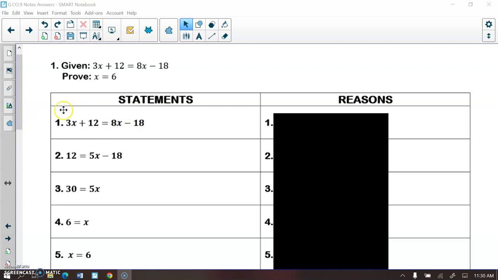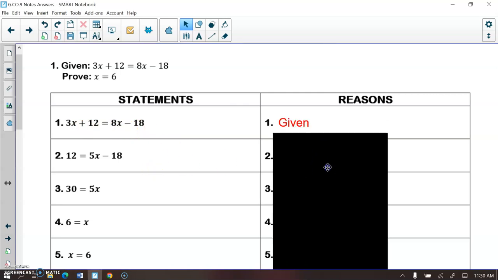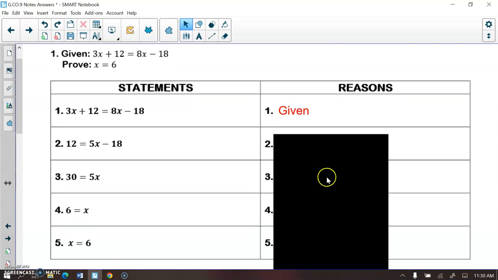Step 1 in a proof is always your given. So this is exactly what was given to us. This is our very starting point, and our reasoning is it was given to us. You will always write down your given as your very first step. And then you're going to start to use your given to help you flow through the proof to complete each